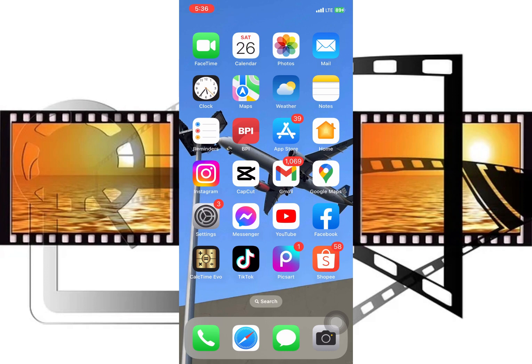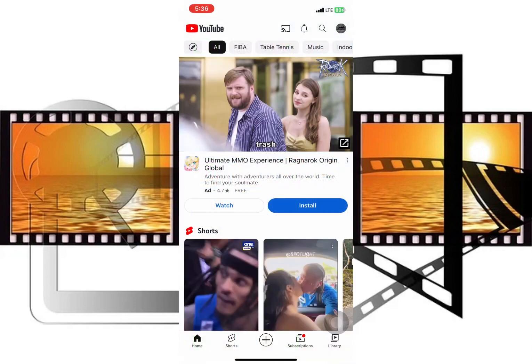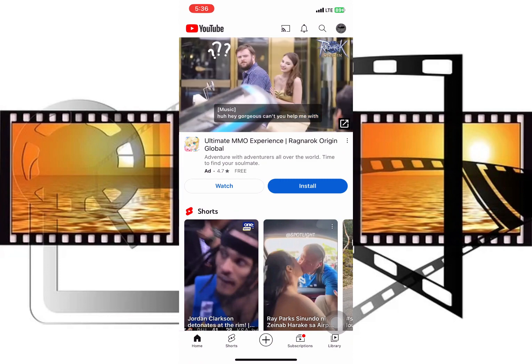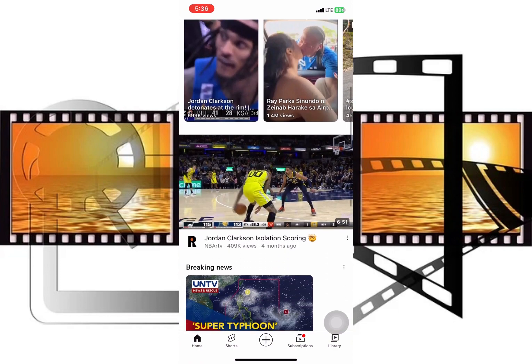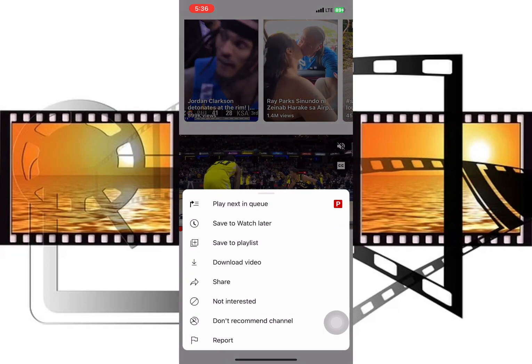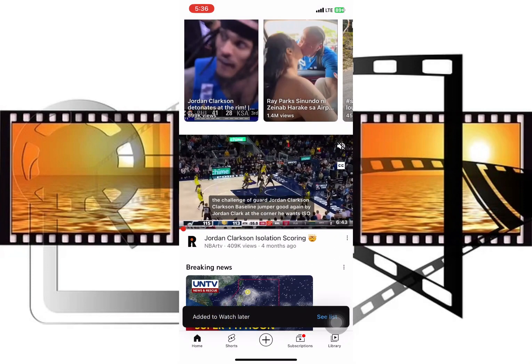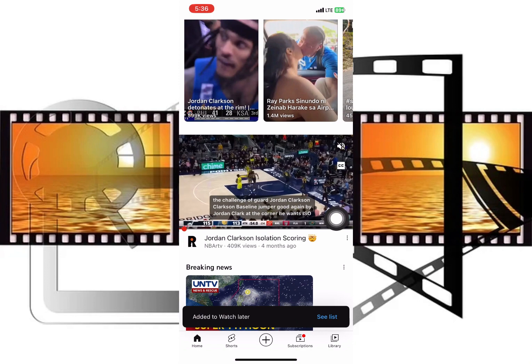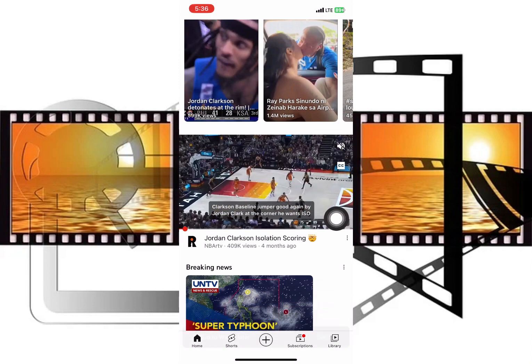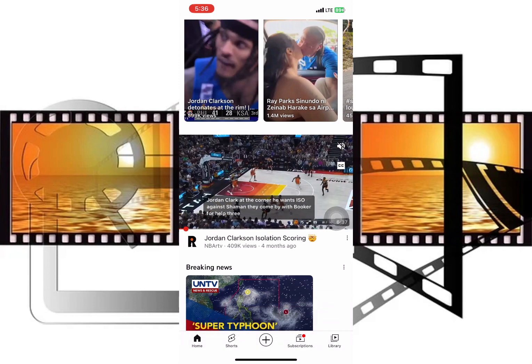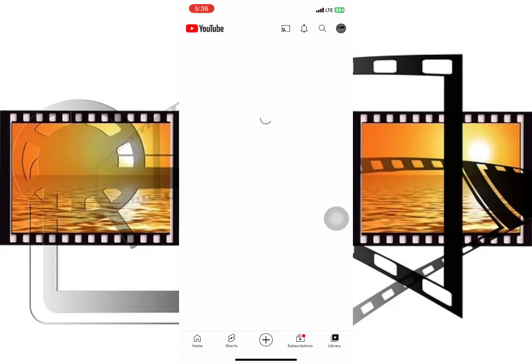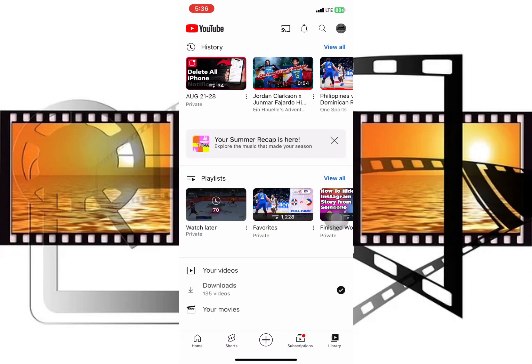Let's hop into the YouTube app here. For example, I'm just going to tap on this video, tap on those three dots, and hit save to watch later. Maybe you've gone through this step on multiple different videos, and now you're ready to go back and watch them. You can tap on that library at the bottom right, and then here you can see under playlist